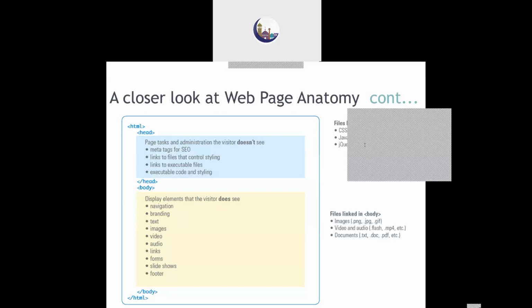Okay, we'll discuss in detail about what is that rendering and all those effects. But to be to the point, whenever you want to write a web page, you need to write it within the opening and closing tag of your HTML. Now, within the opening and closing tag of HTML, you have got two sections. One is used for the hidden section, another is used for the displayable section. Hidden section will be written in the head tag. Displayable section will be written in the body tag. Moving ahead to the next part,